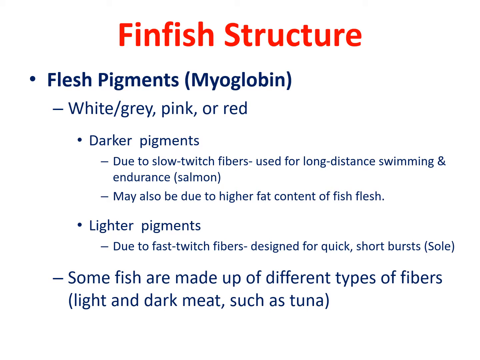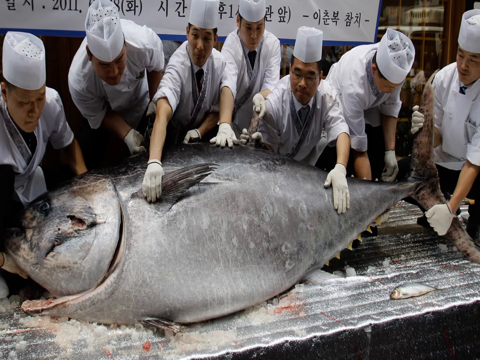So as I said, some fish are made up of different types of fibers, and the tuna is a really good example. And this is a tuna. Now, the reason I put this on here is because I think that here in the US we're so used to seeing our tuna in cans, we don't really know what the actual fish looks like. Tuna is a very, very big fish, as you can see here in this photo. It's a very big, very heavy fish, and it's made up of light meat and dark meat,